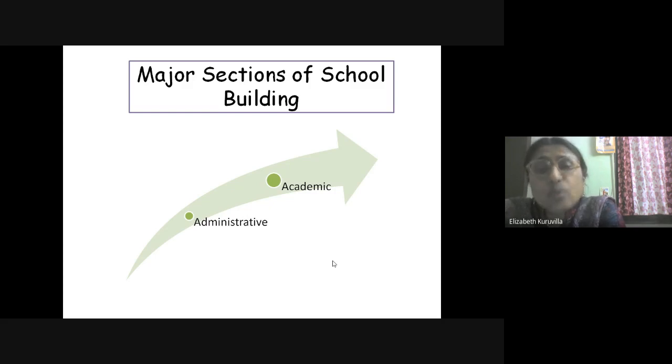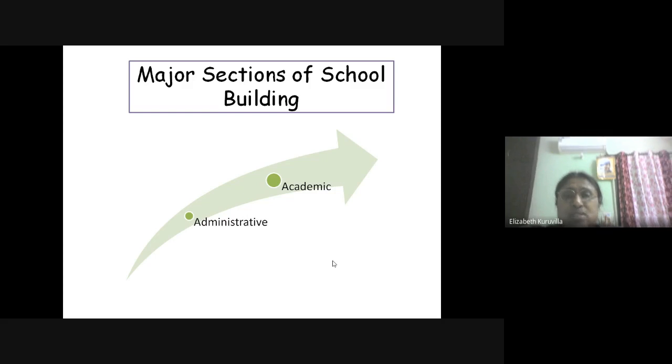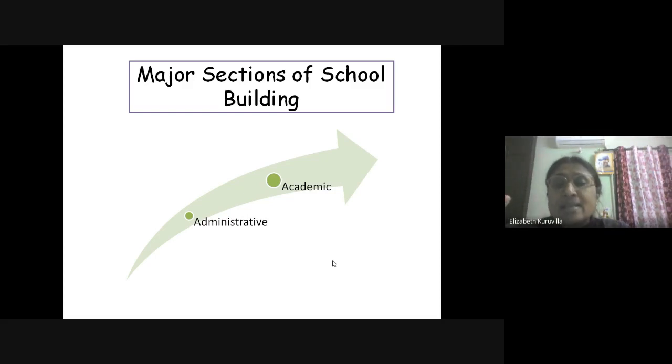When we say that a school building is a tangible resource, this school building has a shape. It has several rooms, and it consists of human beings. So everything is tangible. In a space, it has acquired some kind of infrastructure facilities. Now we can see that this school building can be divided. In the Indian context, we can divide the school into two: academic and administrative. Which are the two divisions? Academic and administrative. So what all things come under academic?